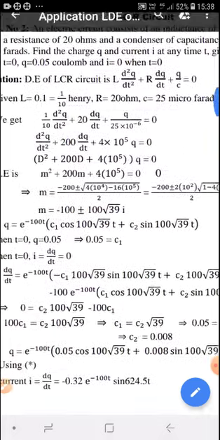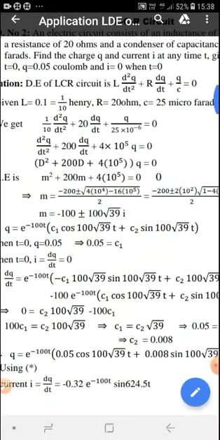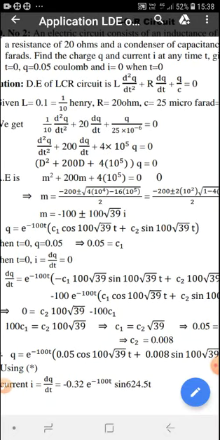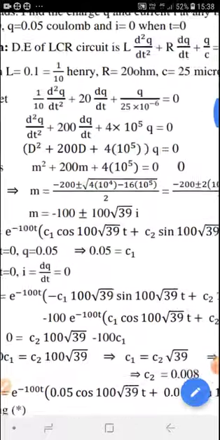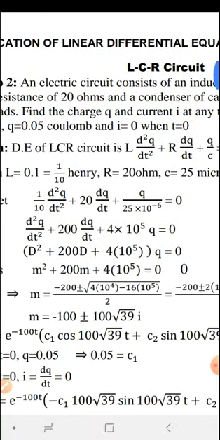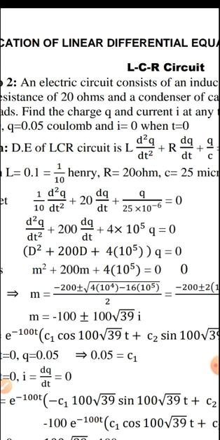So substituting the values of L, R and C, we get that the differential equation can be further written as d square q by dt square plus 200 dq by dt plus 4 into 10 power 5 q equal